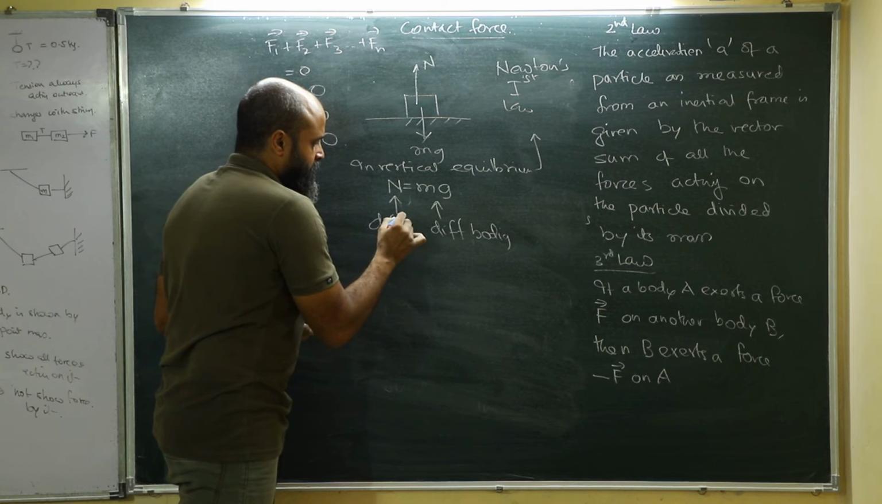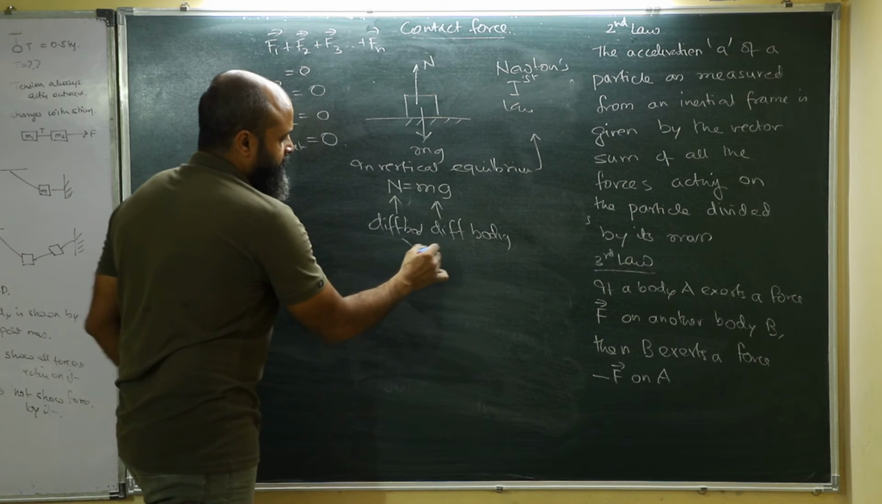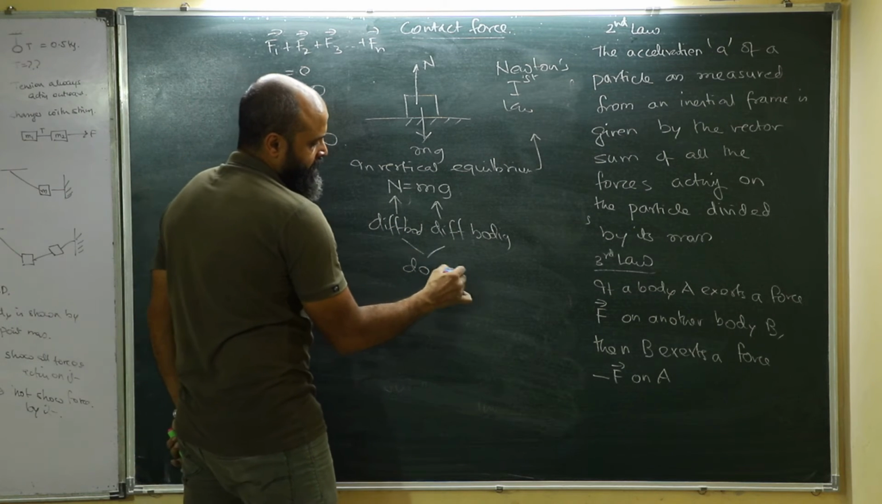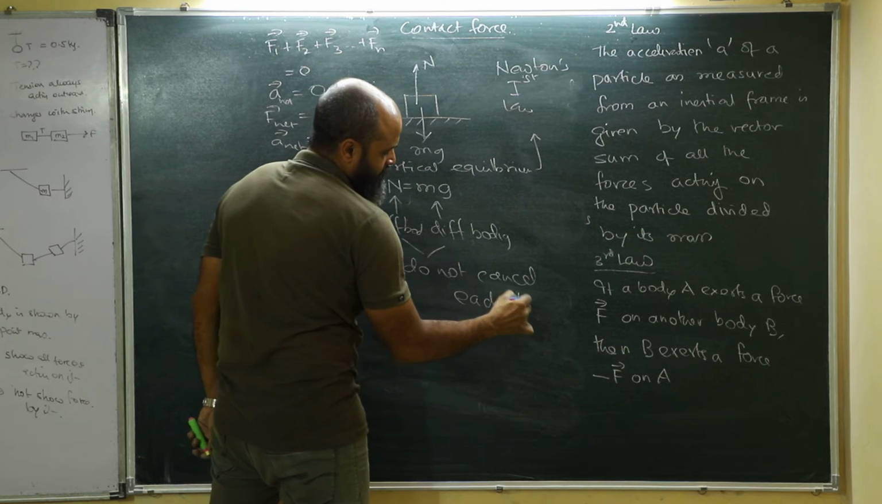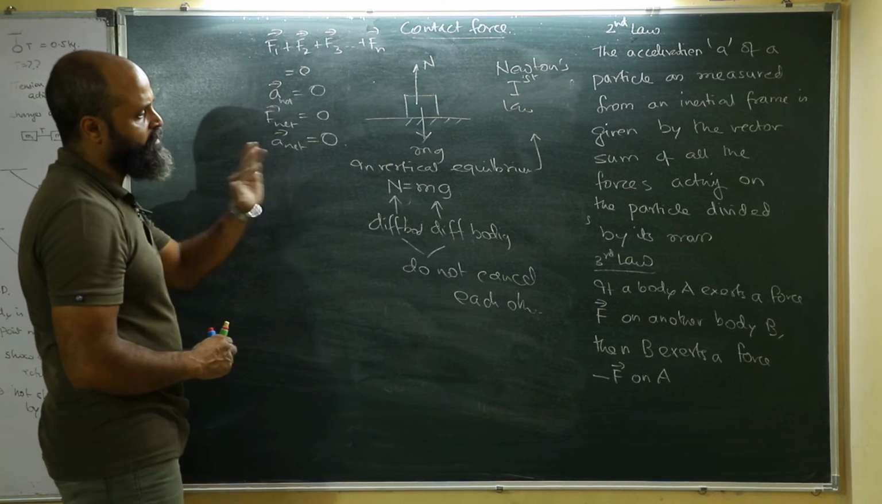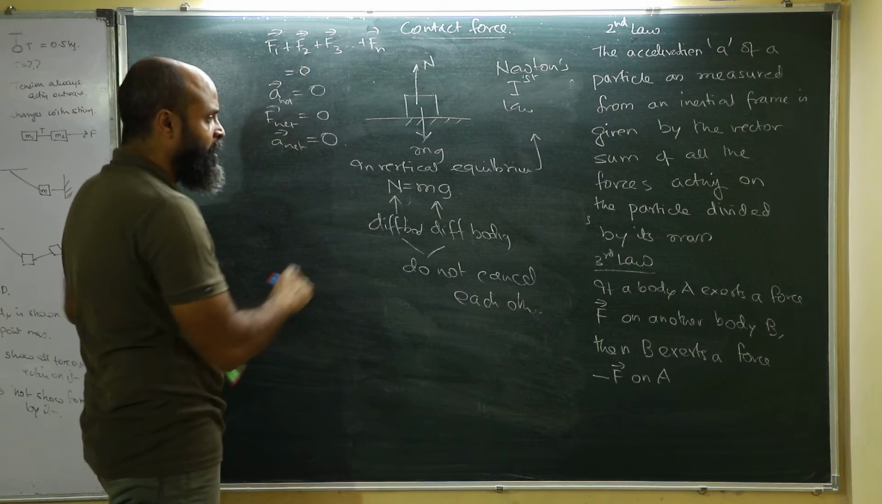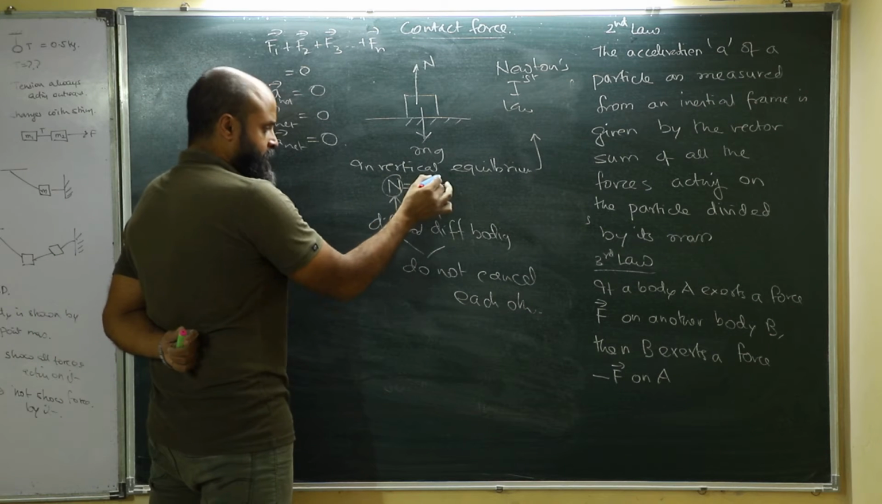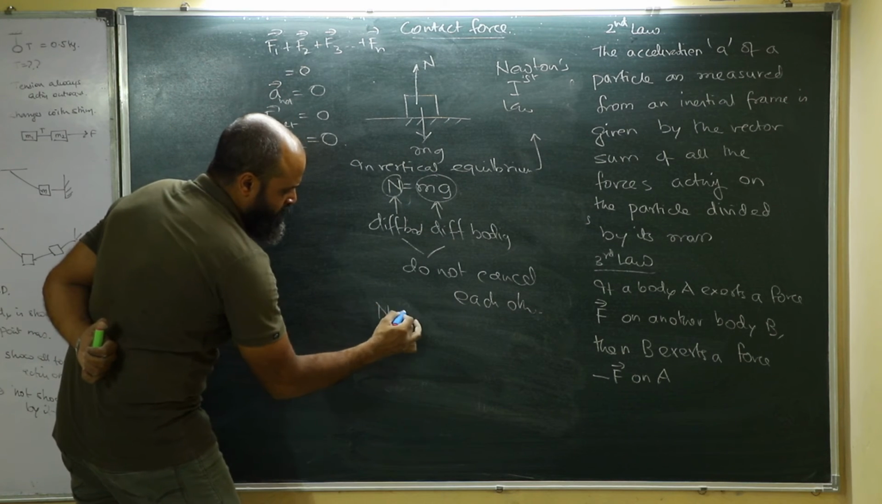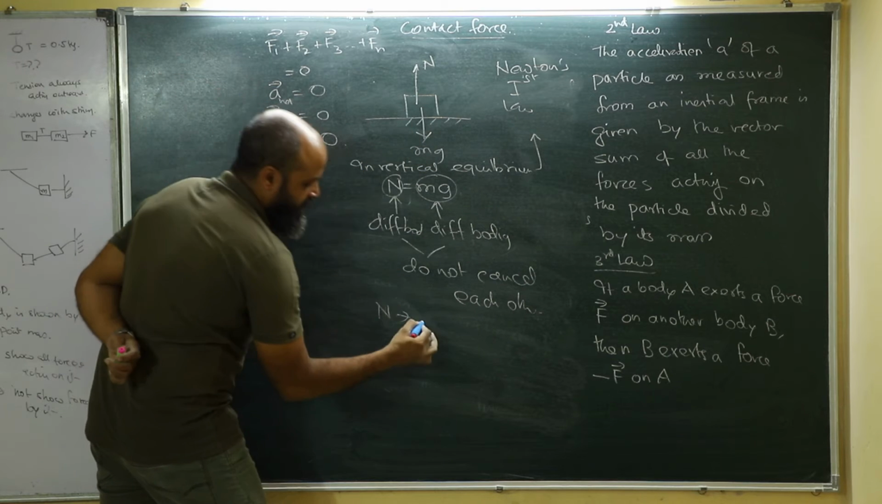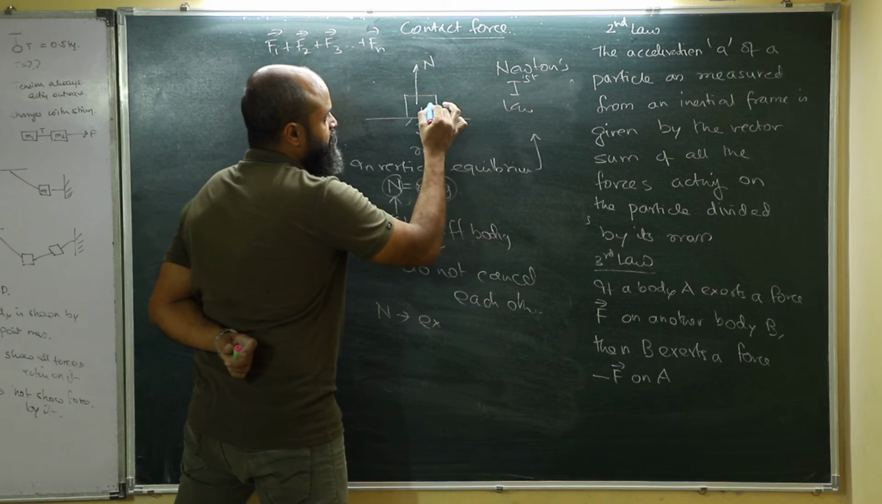Different bodies. These forces are not cancelling each other. They do not cancel each other. So we are referring to forces which will not cancel each other. So in this case, although the value of N is going to be mg, they are not going to cancel each other. The N, that is normal reaction, is going to be exerted by, let's say,